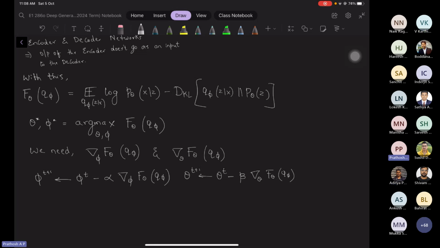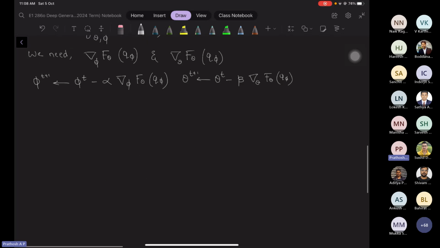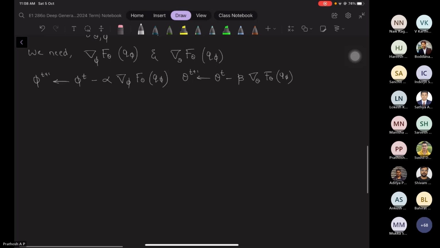Okay, thanks. So we were looking at computing the gradients of the ELBO with respect to the encoder and decoder parameters. Okay. So let's take one term at a time. There are two terms in the ELBO. So consider